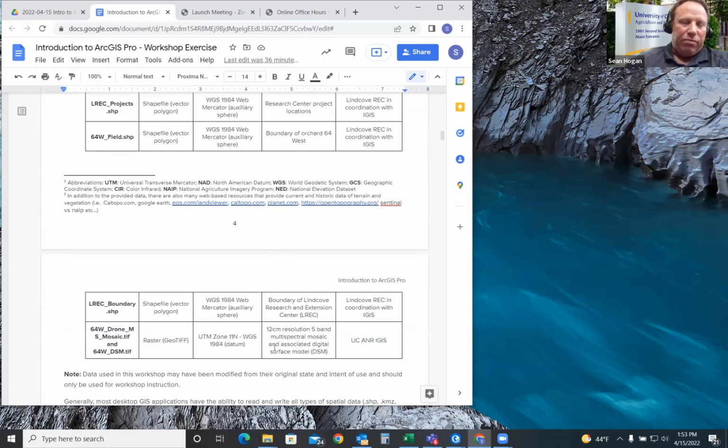However, there is something to recognize: the first layer that goes into your project will dictate what the map projection will be. For that reason, we'll be loading in a drone image that was collected at our Lynn Cove Research and Extension Center that covers a field where we have what's called Pacline data.